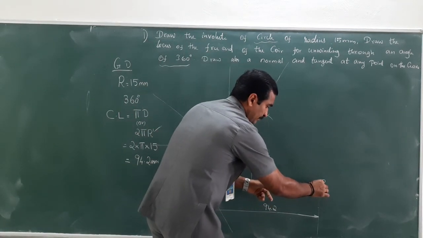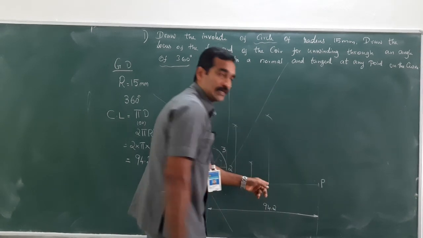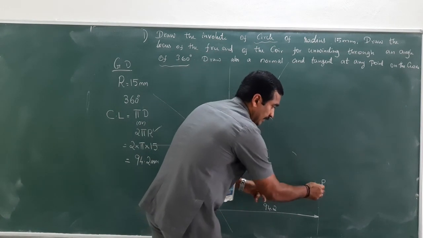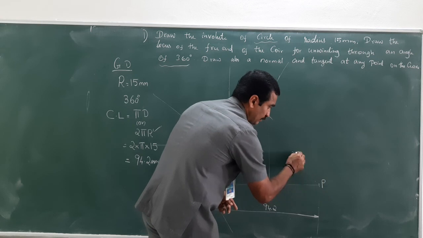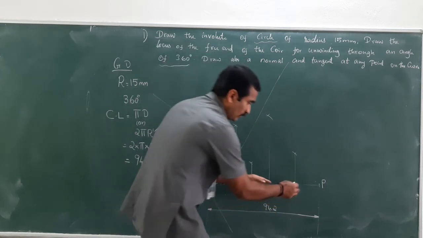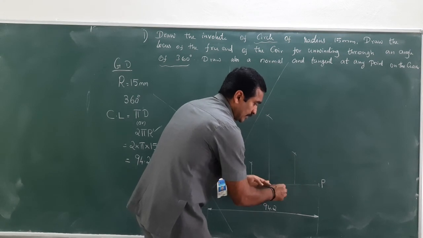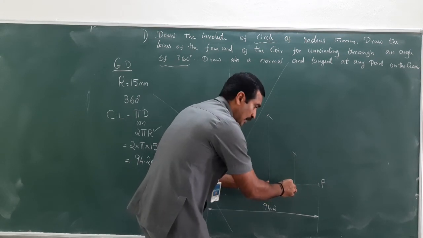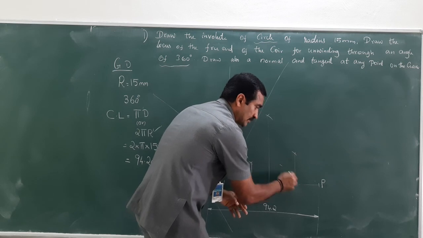These are the extreme points. Taking more than half of this line in a compass, cut an arc here. Keeping the compass at the right extreme point, cut an arc. This has been divided into 2 equal divisions. Now these are the extreme points. Stretching the compass for more than half, cut an arc. Keeping the compass here, cut an arc.